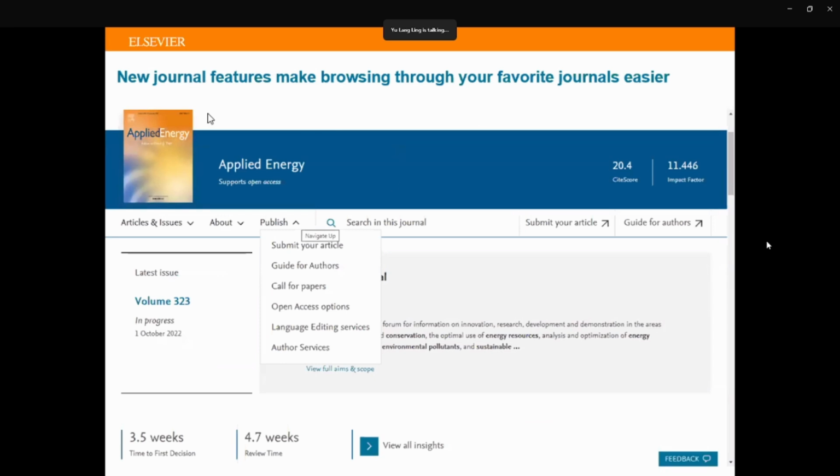And when you click the individual journal title from the journals and books page, then it will bring you to this specific journal homepage. Okay, so you can find the journal title over here. For those of you who want to identify whether this particular journal is indexed or not in the citation database like Scopus or Web of Science, then you can refer over here on the right hand side whether the journal has